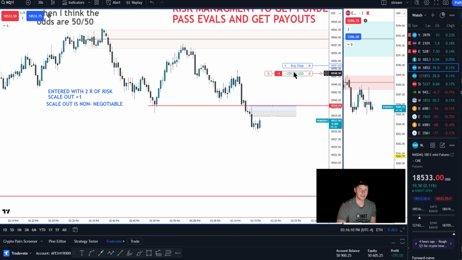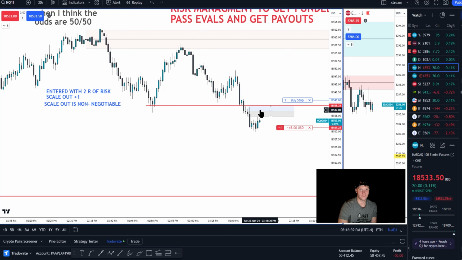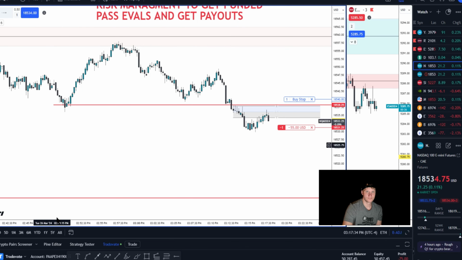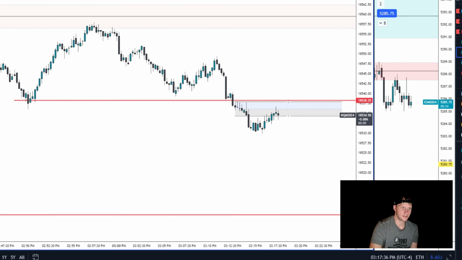So let's say I add in right here and it pulls up and I get stopped out up here. I have that negative 300 because it's a trailing drawdown. So that counts as a loss pretty much if my account's at all-time new highs. I'm going to wait for the pullback I'm looking for here. Let's drop down a little bit more. All right. So I'm going to go ahead and add on there.